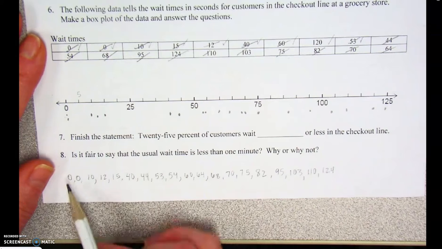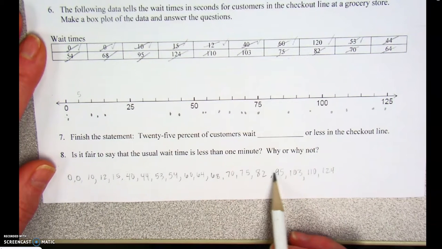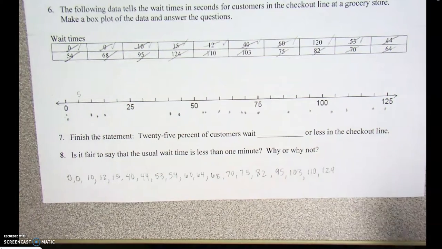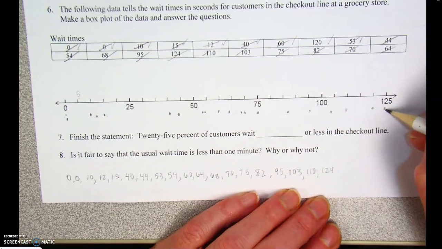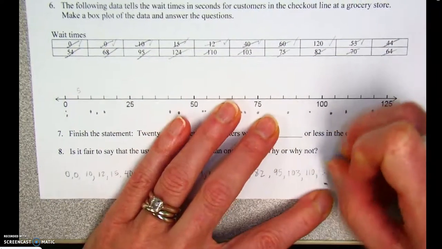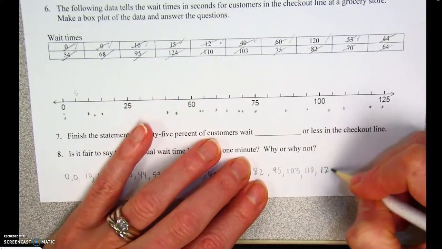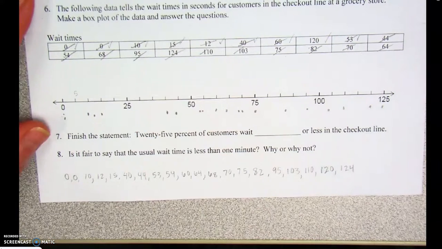Let's make sure I got them all. 1, 2, 3, 4, 5, 6, 7, 8, 9, 10, 11, 12, 13, 14, 15, 16, 17, 18, 19. What did I miss? How did this happen? 124. This is 120. I did miss 120. See? Real life happens. The phone rings, the alarm goes off, you miss a number, you go back and correct